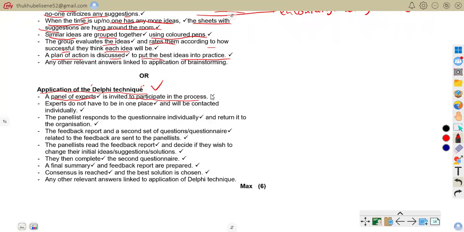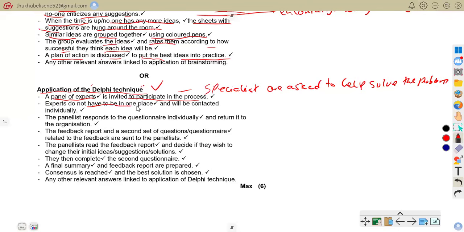It means a specialist is asked to help solve the problem. So this one is a specialist. Specialists are asked to help solve the problem. That is that. Experts